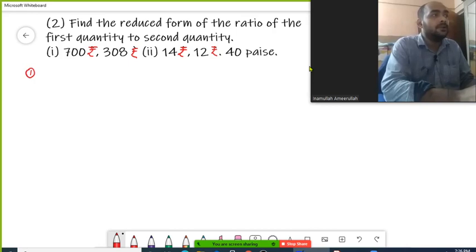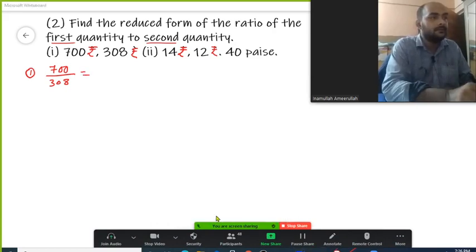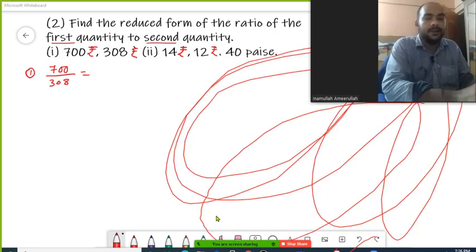We need to find the reduced form of the ratio of the first quantity to the second quantity. So my first quantity is 700 rupees and the second quantity is 308 rupees. Both are in the same unit. So I can write it as 700